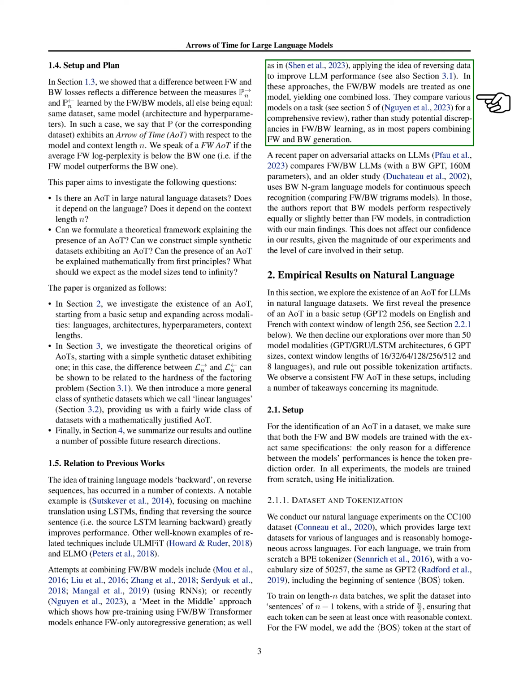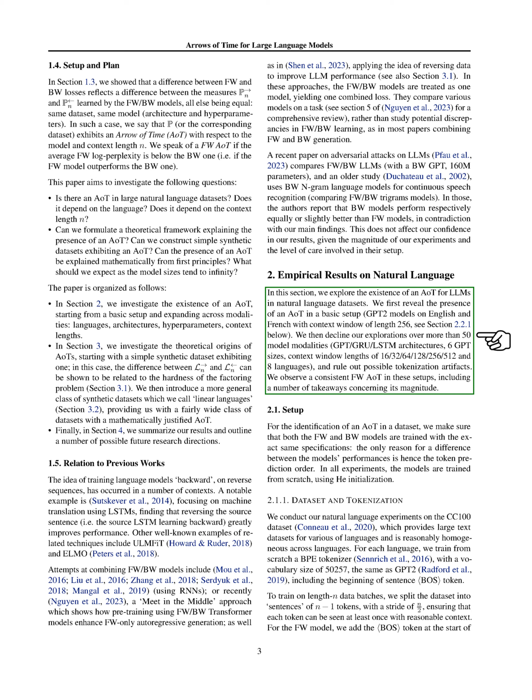In our experiments with natural language, we first confirm the presence of an AOT using GPT-2 models on English and French texts. We then expand our investigation to include over 50 different setups, covering various model architectures, model sizes, text snippet lengths, and languages. Throughout, we ensure that any differences in model performance are solely due to the order in which words are predicted, not any other factors.